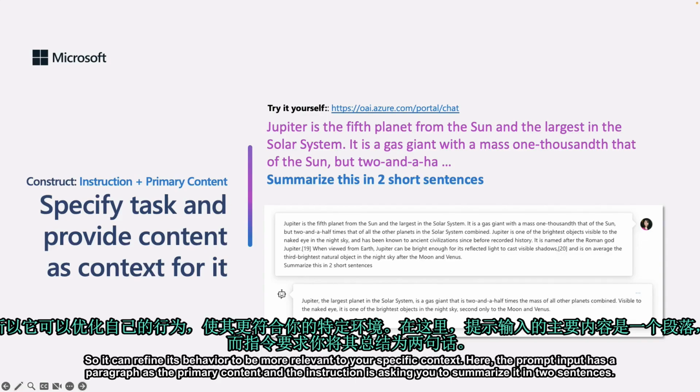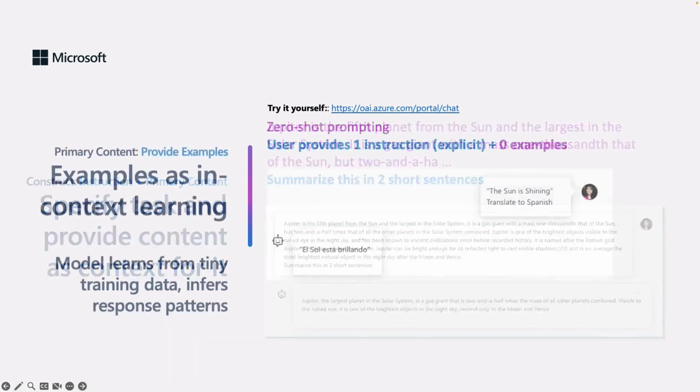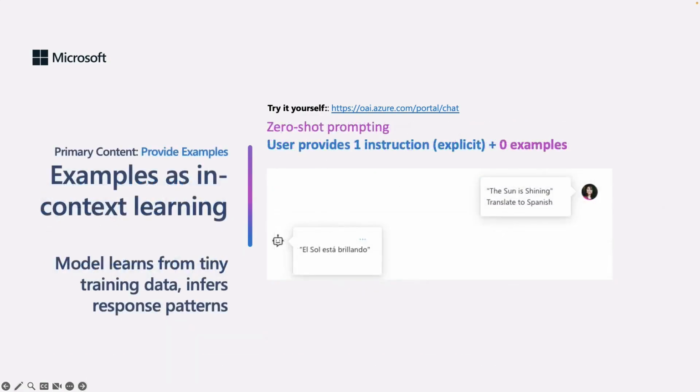Here, the prompt input has a paragraph as the primary content, and the instruction is asking you to summarize it in 2 sentences. Note now that the educator gets a summary the way they want it, it's 2 lines, and it gives them a response that they can trust more because they actually provided the source for the summarization. But we can take this